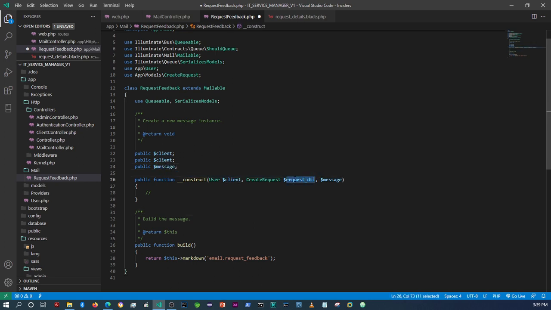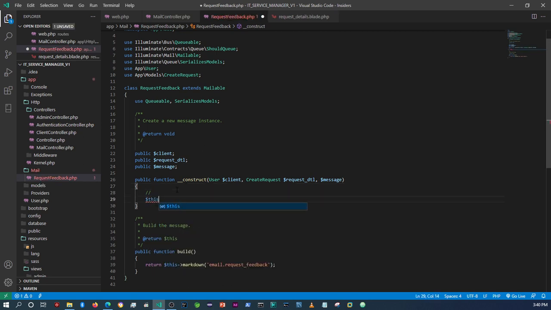And then I'm gonna take this. So I'm naming these properties the same as what we are passing in here within the constructor. It just makes it much simpler to get. So now what I can do is say this client equals that client over there. I'm gonna copy this again,